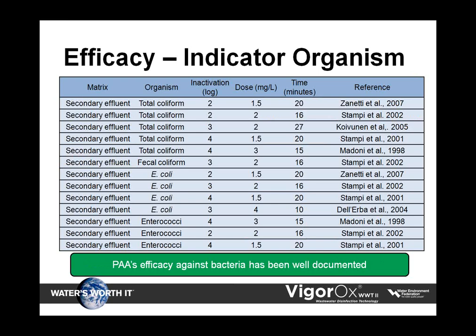Regarding impact of indicator organisms, let me start with the published literature. The effectiveness of PAA against bacteria in secondary wastewaters has been well documented. Most of these papers conclude that doses ranging from 1 to 4 ppm and contact times of 10 to 20 minutes would yield 2 to 4 log reduction in bacterial organisms. A simple way to visualize all this information is to plot the product of PAA concentration and contact time versus the log reduction achieved. Plotting all the published data